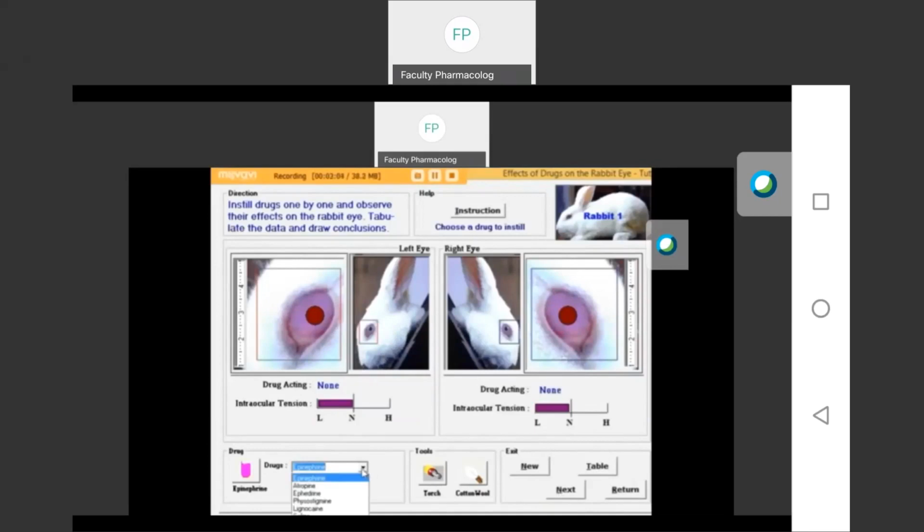Now let us start the experiment. Before that, you must know that here we have taken the left eye as a control. Usually in the control eye only normal saline is instilled. Thus the right eye is the test eye in which we are going to instill the various drugs.